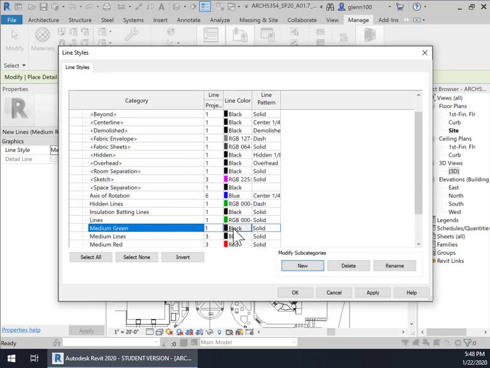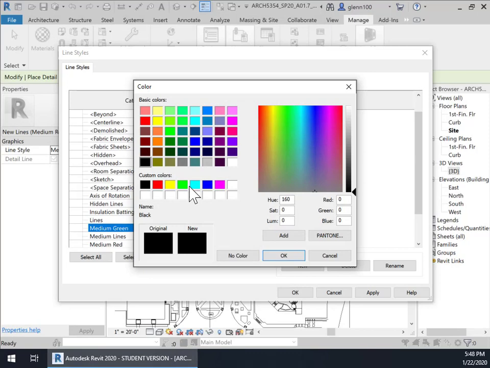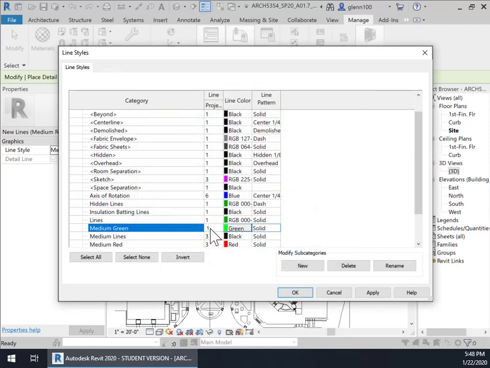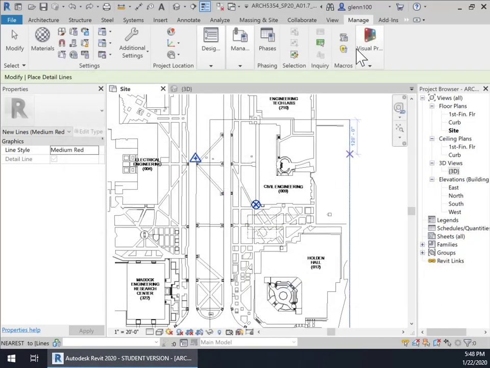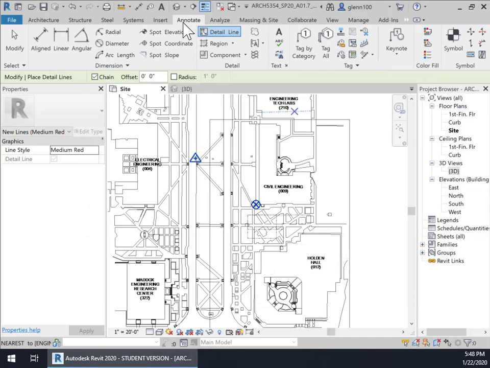And then medium green here, I have to change the color, of course, to green. So I'll use this really bright green so it'll be visible. And then the line width, I'm just going to make it the same medium thickness of 3 here. Okay. And so now, once I've done that, if I go back to annotate, detail lines,